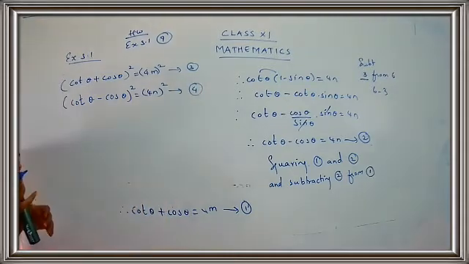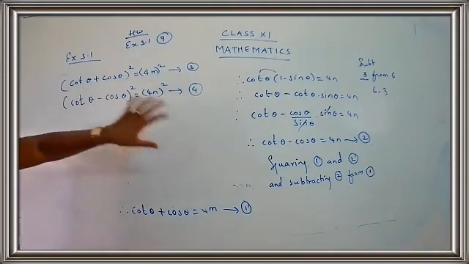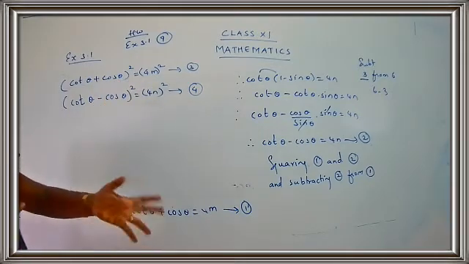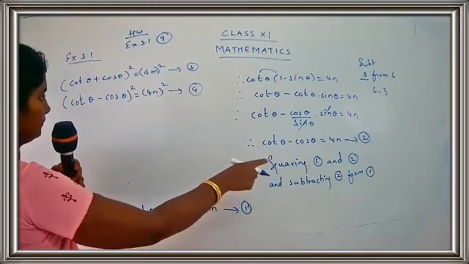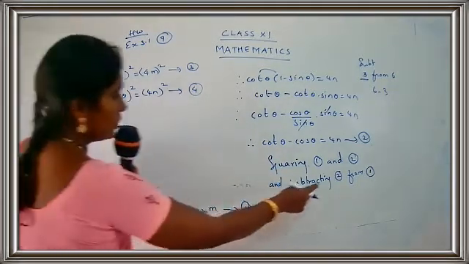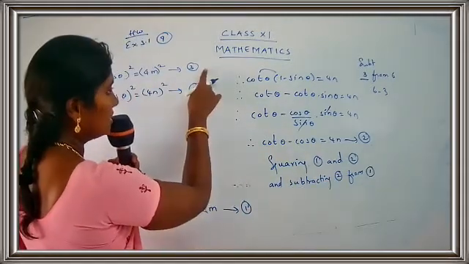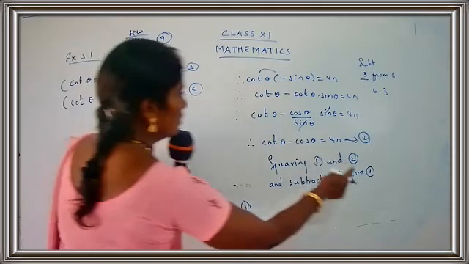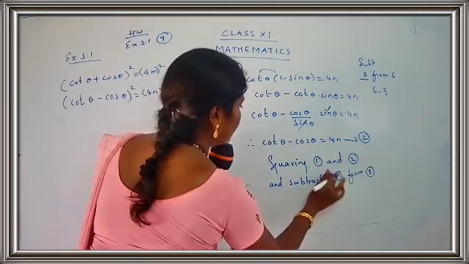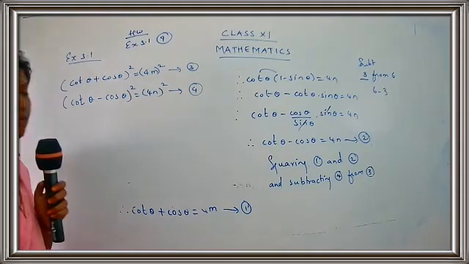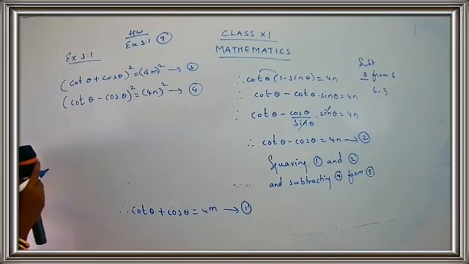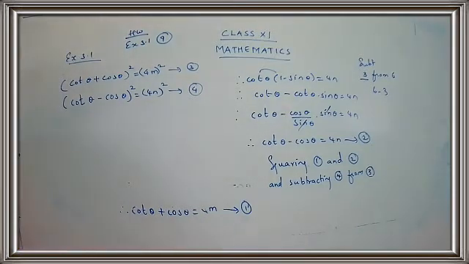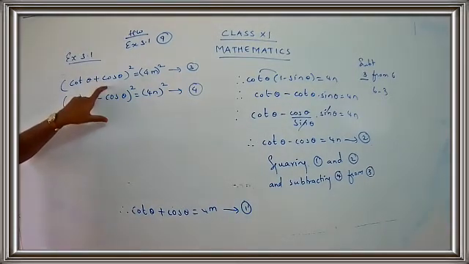So first of all, I have squared 1 and 2. When I square 1 and 2, I get 3 and 4. I have just made a new equation and given it the numbers 3 and 4. So what will be written first, children? You are going to subtract. I am going to write down this number first, because we have made a new numbering. So 3 and 4. First of all, you are going to square 1 and 2. When you square 1 and 2, you get 3 and 4.